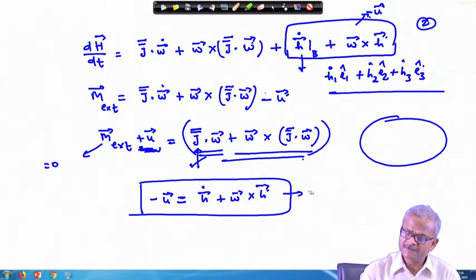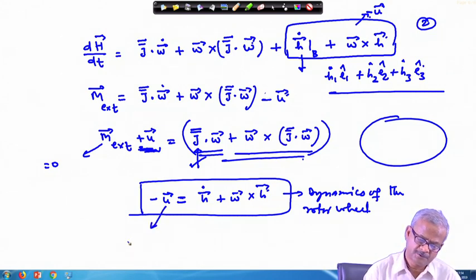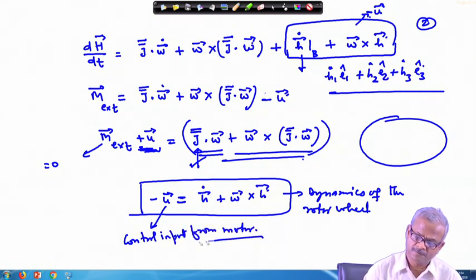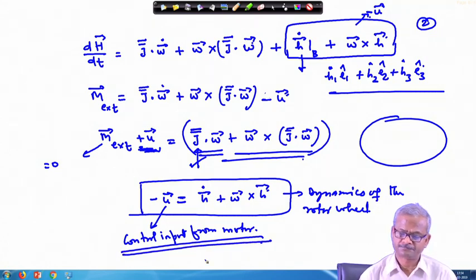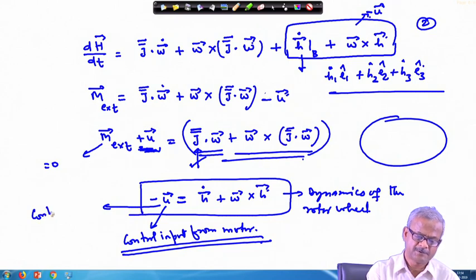So, this defines the dynamics of the rotor wheel, and here this can be your control input from motor. Okay. So, in control notation, this is simply control torque or the control input,